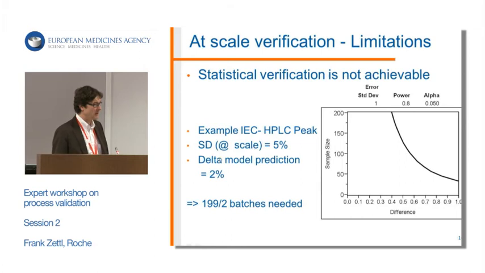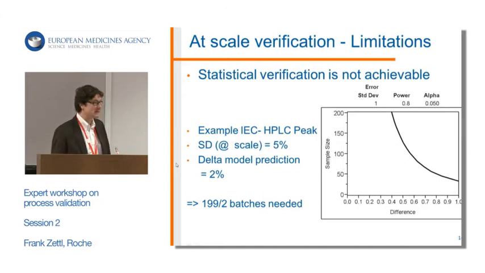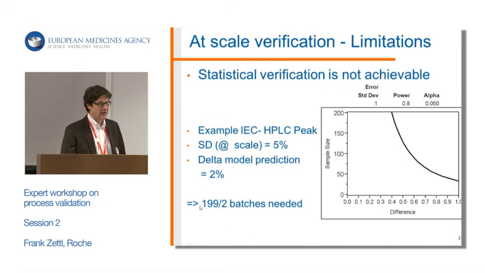And we have a model prediction where a process parameter is varied, and our model tells us this will influence the IEC pattern by 2%. To verify this in a statistical way, that would mean that we would need 200 batches, so 100 before we make the change and 100 after we make the change, or 100 at small scale and 100 at scale. So